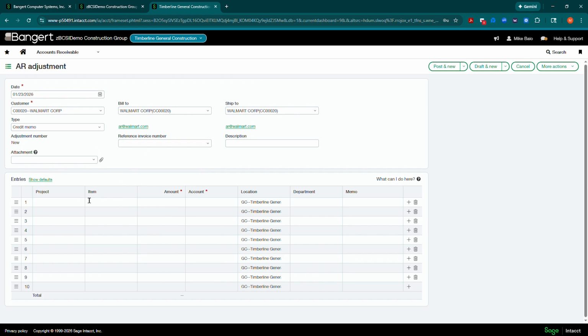Then from there, you're going to want to decide on, is it a credit memo? Is it a debit memo? Credit memo in AR is going to reduce the balance, like receiving cash, and a debit memo is going to increase what they owe you. Okay. So credit memo, you could put a description on it, zero out account, whatever you want to call it.